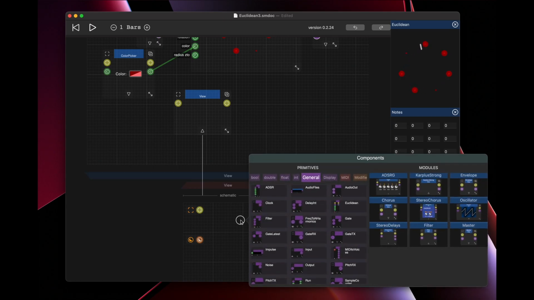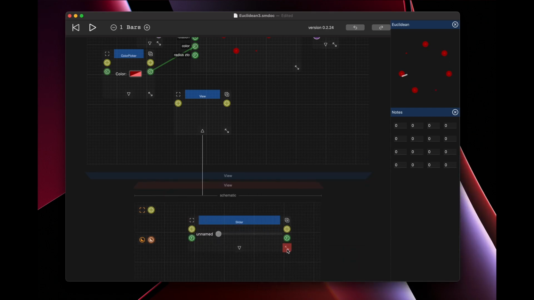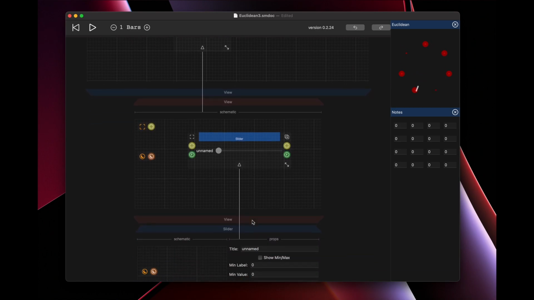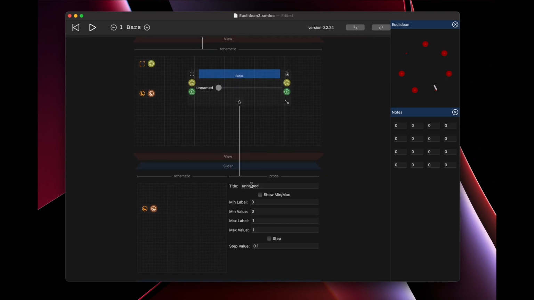Okay, so here we'll need 3 sliders. Let's go slider, slider, slider. I need to implement a search to make it easier to find. So this first slider will control steps, and then I'll do events and rotation. So this is steps,